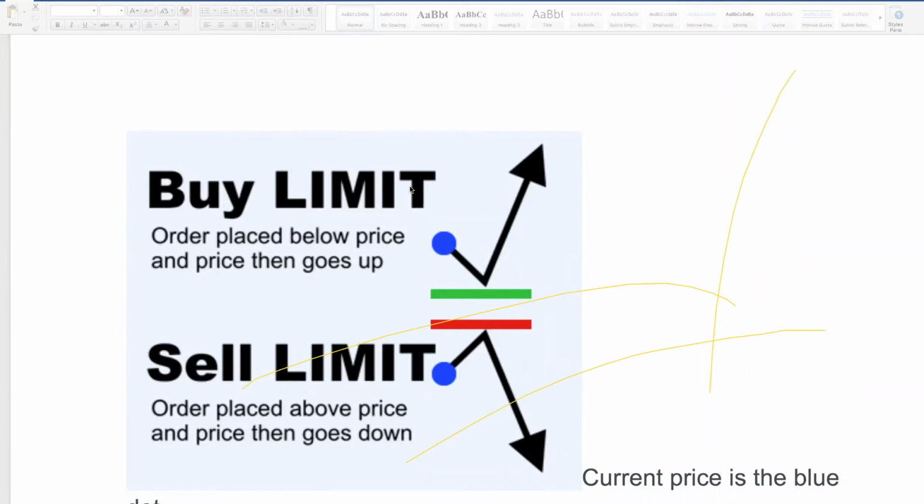But on the MT4 platform, you can set this thing manually. Let's say Euro USD is at $22. You put your order on your platform and you set a pending order at $15. Why? Because you want the price to come to $15 first. Then the moment it triggers your order,